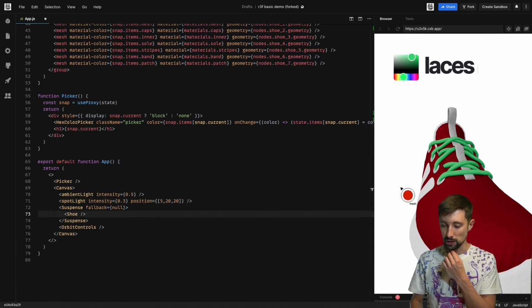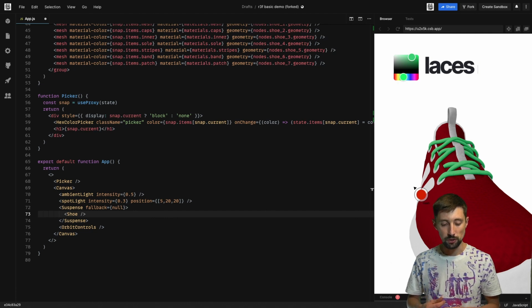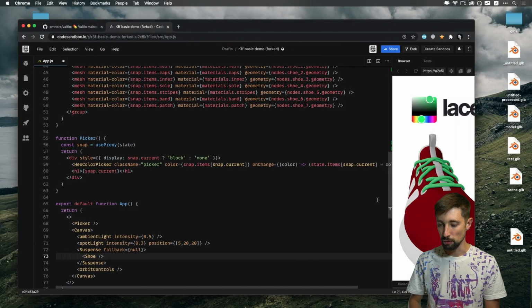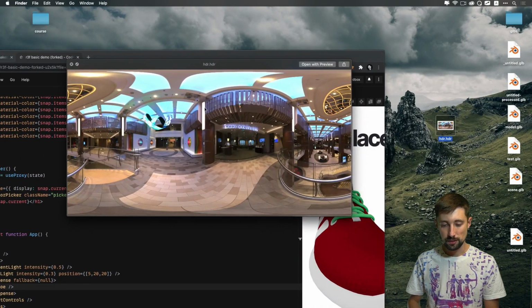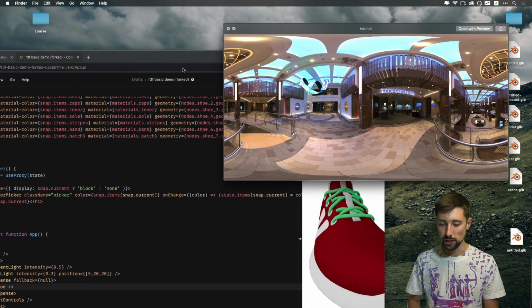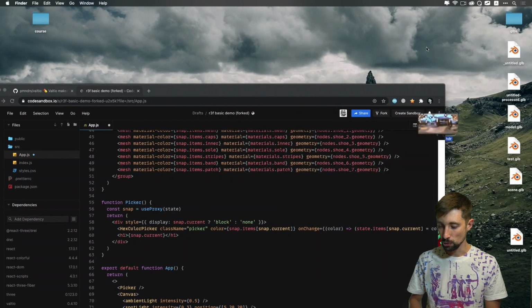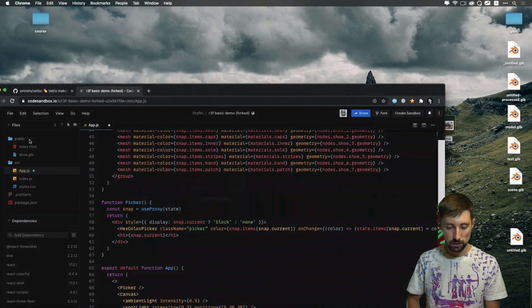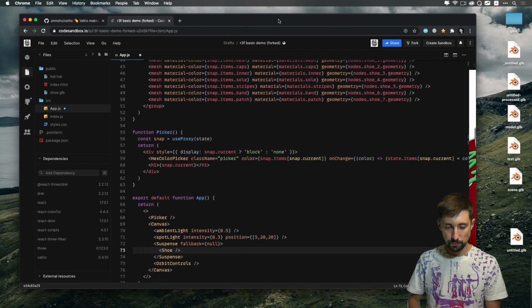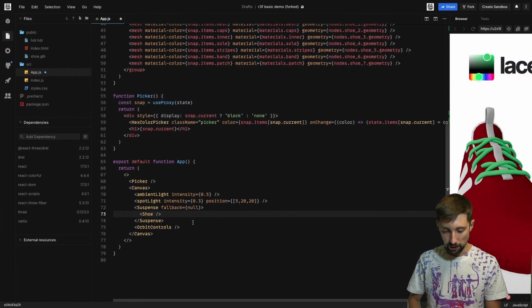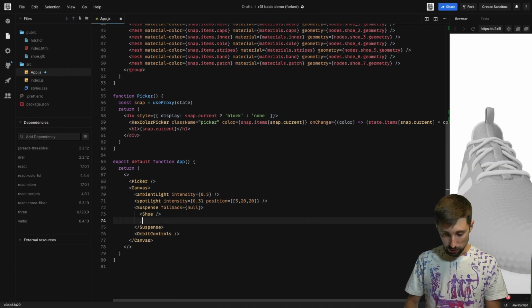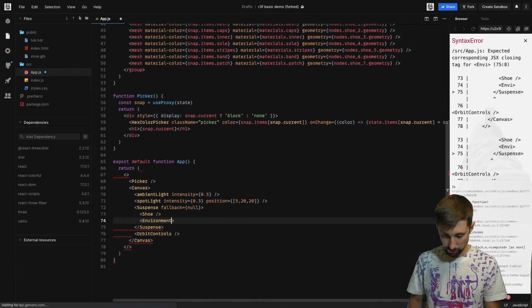Another way to make this 3D model look more beautiful is actually adding an environment map. So we could add another kind of lighting, like environment lighting, and for that we usually use HDR maps, and those look somewhat like this. This one is downloaded from the three.js examples, and I could just go ahead and add this one to my code, just drag it to the public folder. I have the HDR map now. Go back to the full screen mode and then add the environment lighting. So I should just do environment, files, HDR,